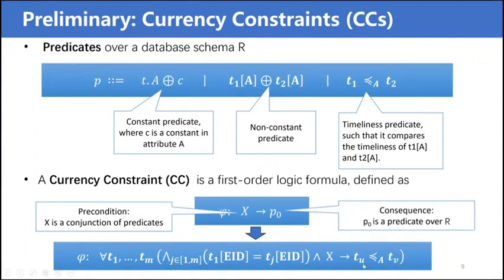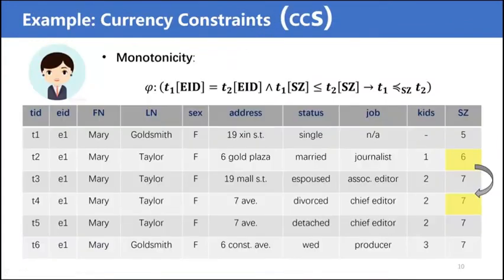So P0 is the temporal order or the timeliness predicate. Okay, now I will give some examples of currency constraints. So the first currency constraint is